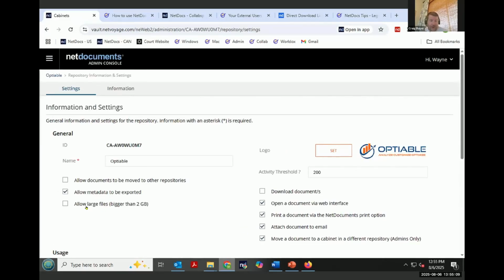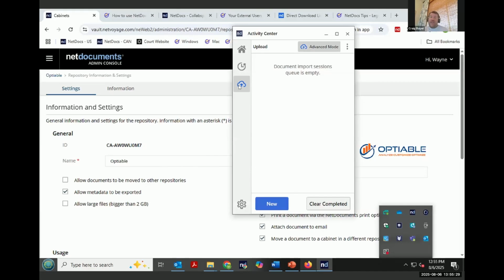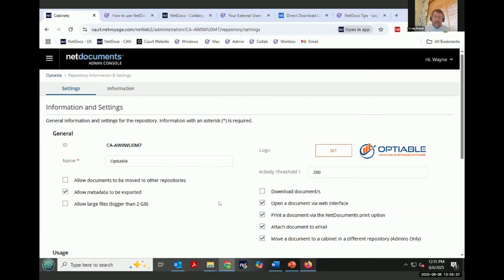there's this checkbox here where you can allow up to, what is it, 50 gigabyte files, maybe 75 gigabytes now. It's a lot. You can add those. Upload is not really good for that. So we want to use ND Office to upload those. ND Office has an upload here. And that's where I think a collab space user should have ND Office so they can use this folder import to get stuff into the collab space. However,